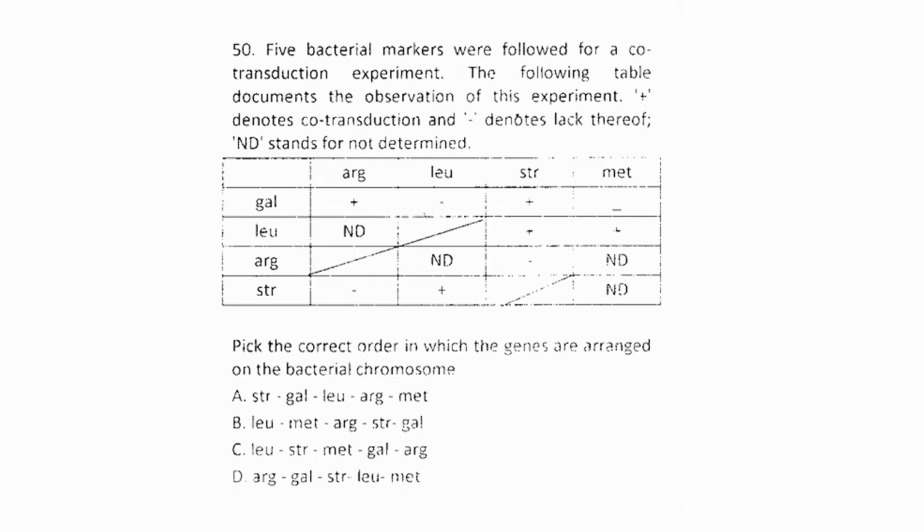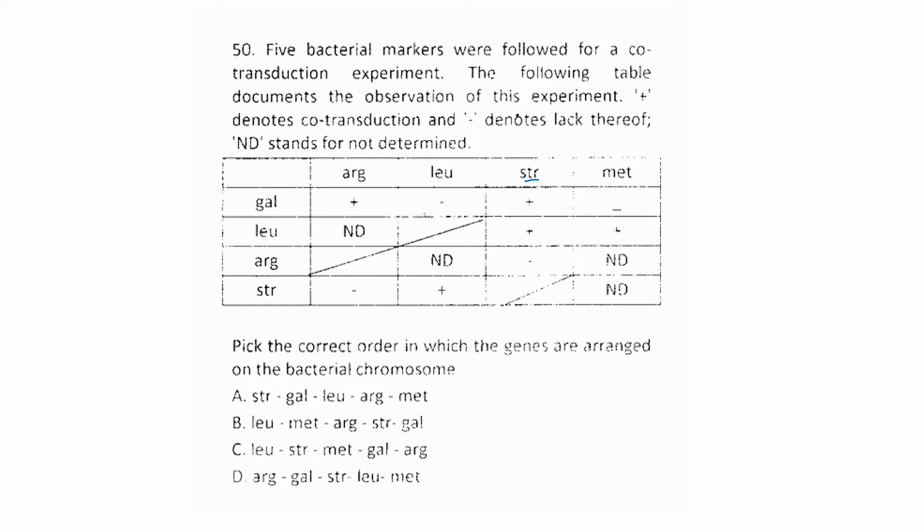And minus denotes lack thereof, meaning that gene has not been co-transduced. NT stands for non-determinate. So here the signs are like this. For example, for gal, arg and STR, let's say streptomycin, they have been co-transduced,